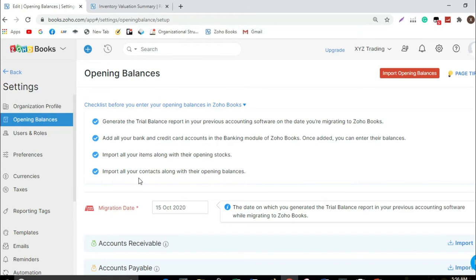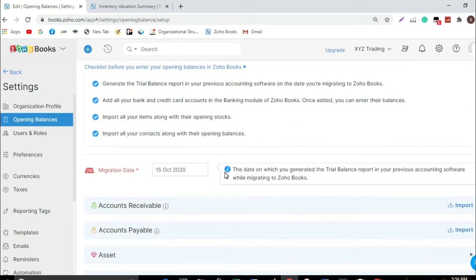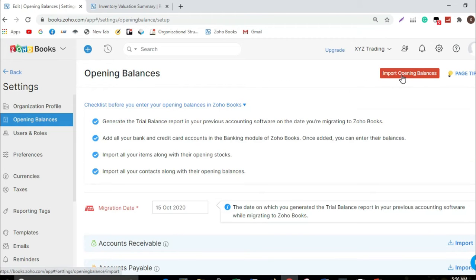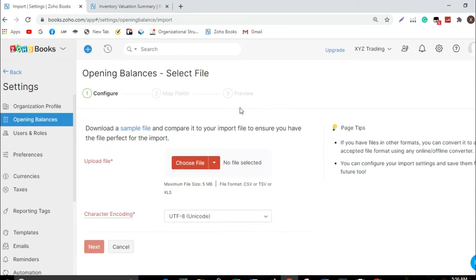Next is importing contacts. It's also part of our earlier discussions, how to import customers and vendors using a sample template. If you view the system, it's actually there. I've done it. And there are two options to add opening balance. You can import; Zoho has provided a sample file, but I prefer adding the opening balance using the manual journal under the accountant module.